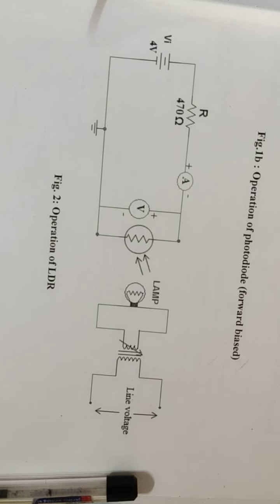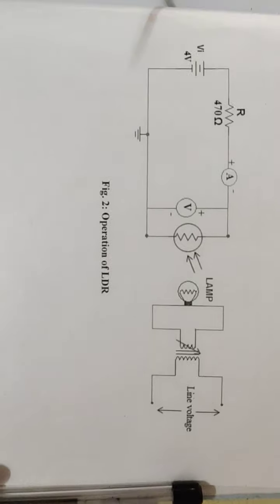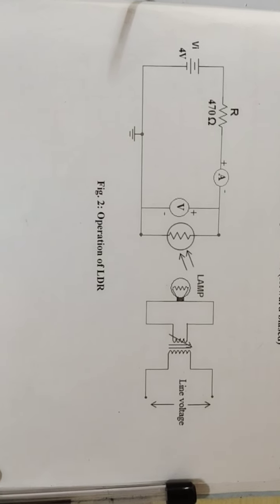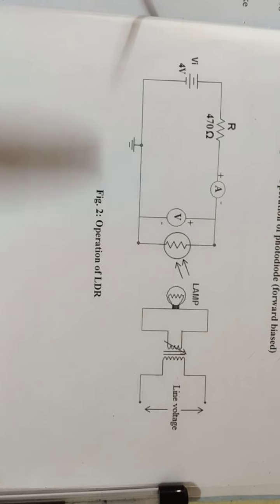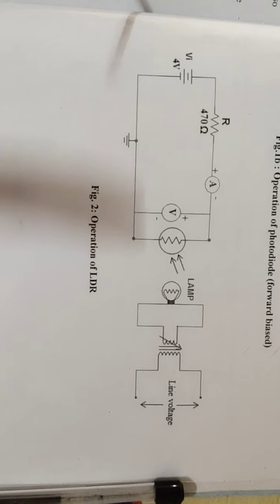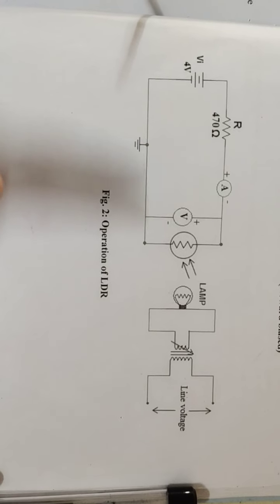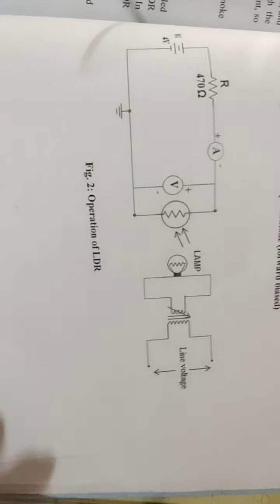Afternoon, students. Today we will see the characteristics of LDR at present, and what you are seeing is the circuit diagram of the LDR. Okay, so LDR is a light dependent resistor. So here what we are doing is, as you see, the light we will pass on to the LDR, and you will get a subsequent current in that. So let us move on to the experiment, how it is done.